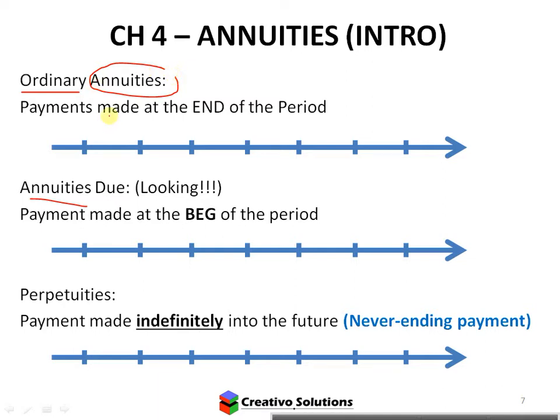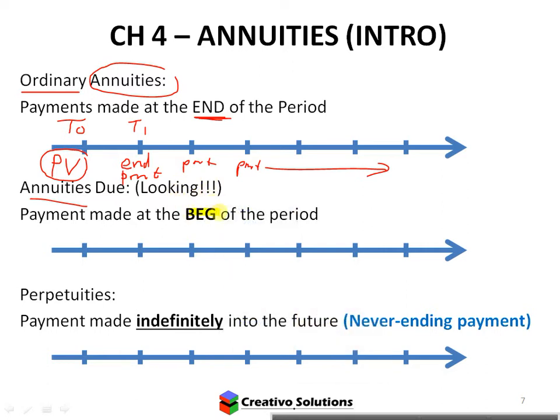If it's an ordinary annuity, if this is time 0, time 1 would be 1 period after. Where does the first payment appear? At the end of each period. So the payment would start there, and the present value would be here, at time 0, then payment, payment, payment, payment, and so on. If it's an annuity due, then you're looking for that particular